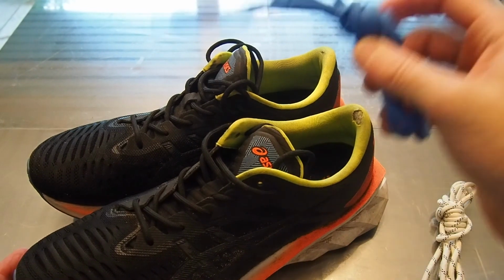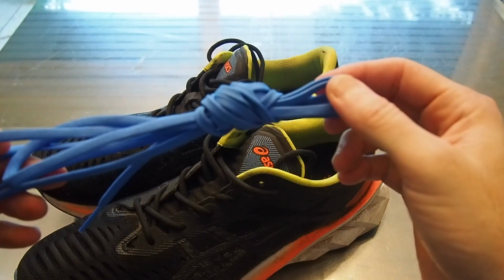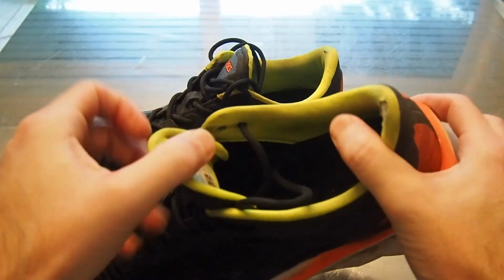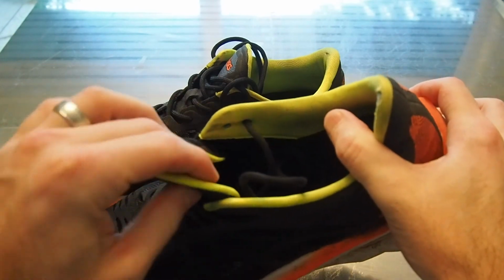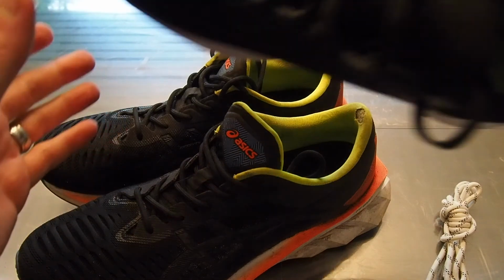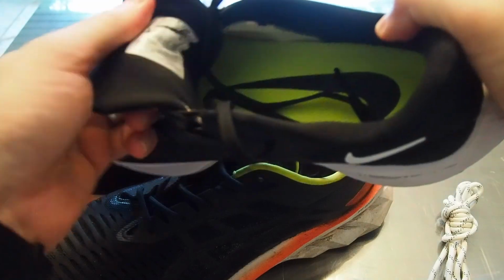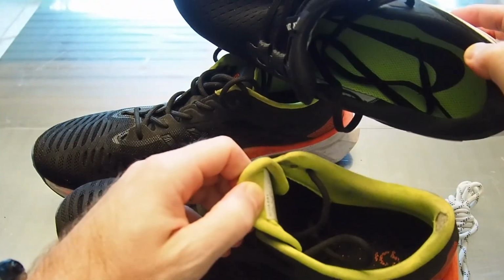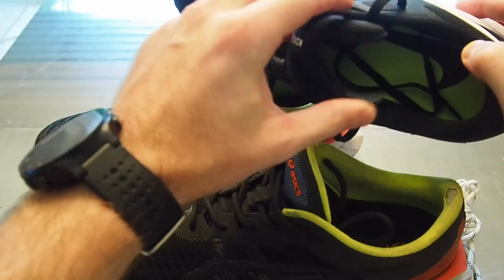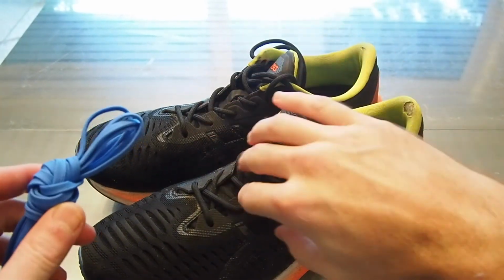It started with these laces, I think, from Asics. They're very thin. There's not much padding on the lace. There's not much padding on this tongue. I don't know if you'll be able to really get an idea, but this tongue is not padded really at all. In fact, I will compare it to what I've been running in, the Pegasus 38. It's kind of hard to show a comparison of tongues, but it's much more padded throughout the tongue. And the problem that I had with the Asics and these laces was it just cut into the top